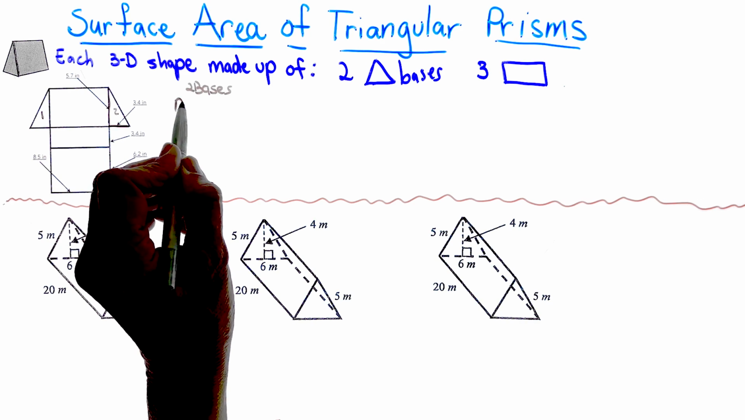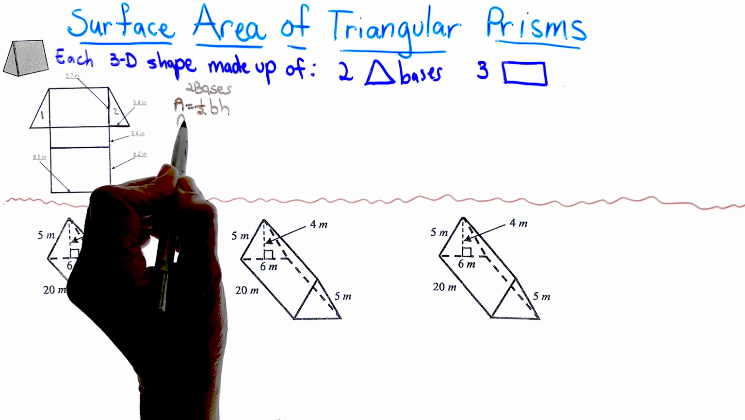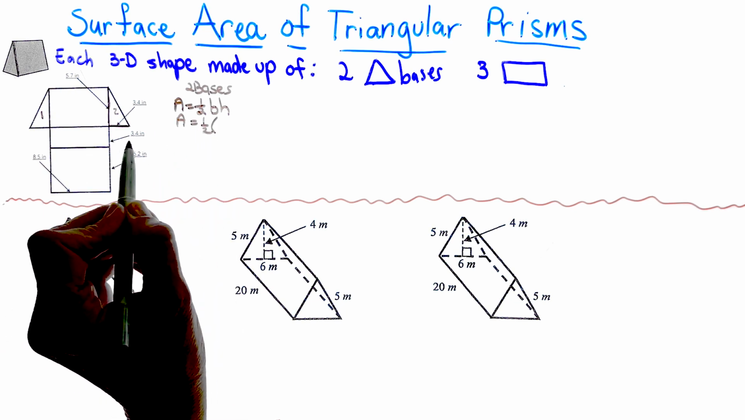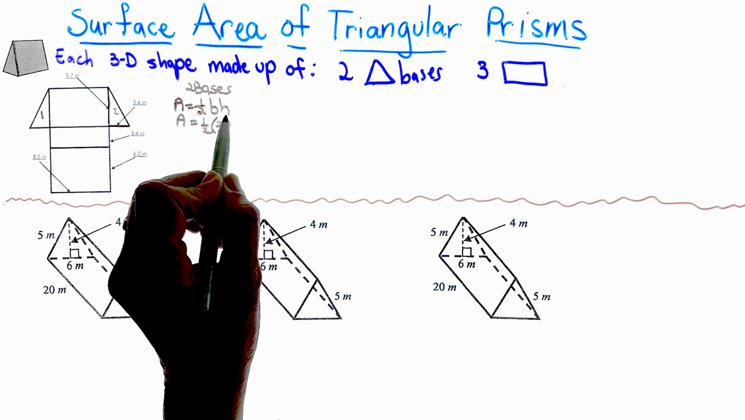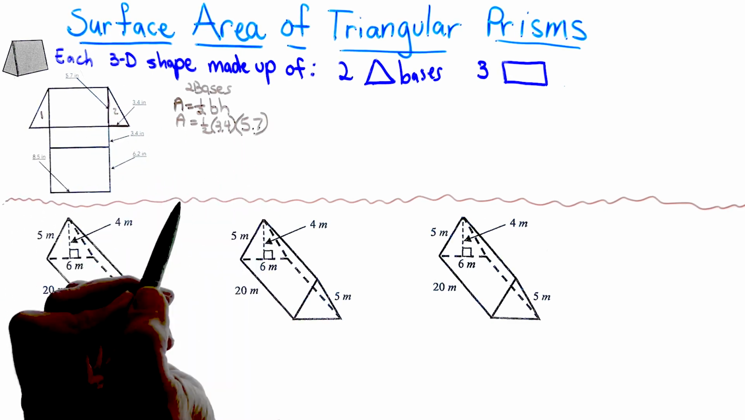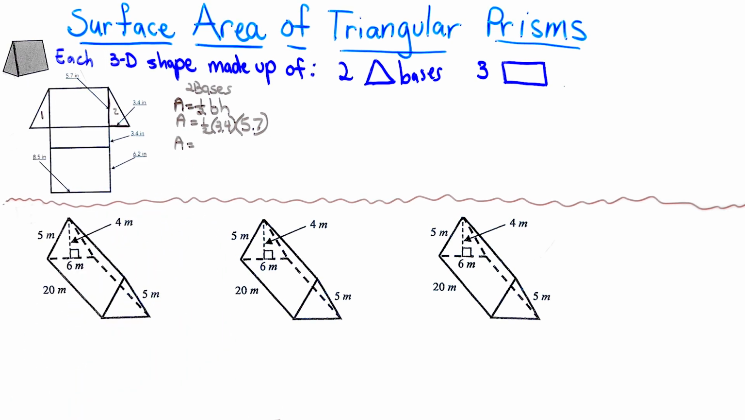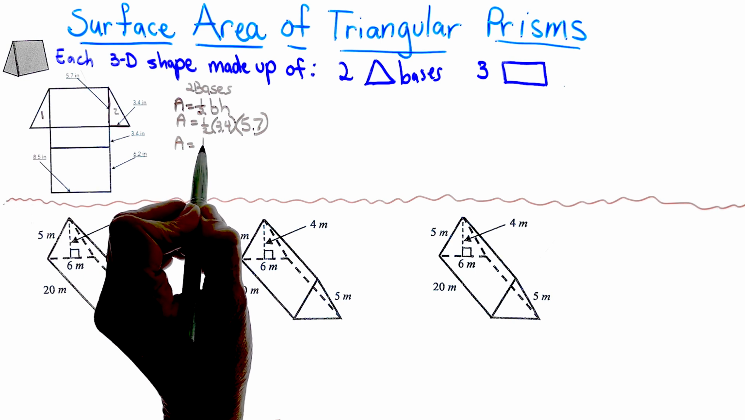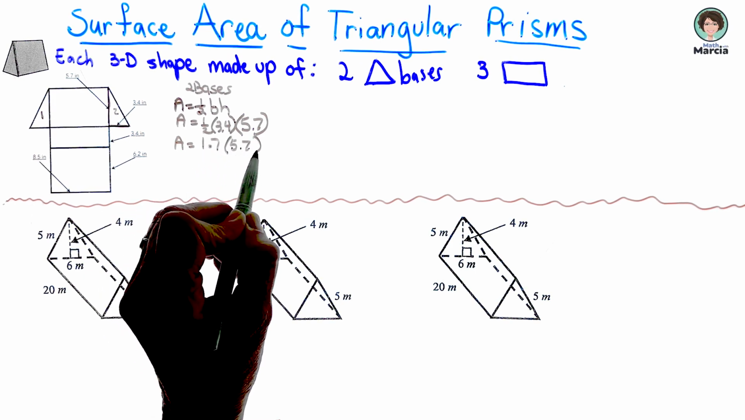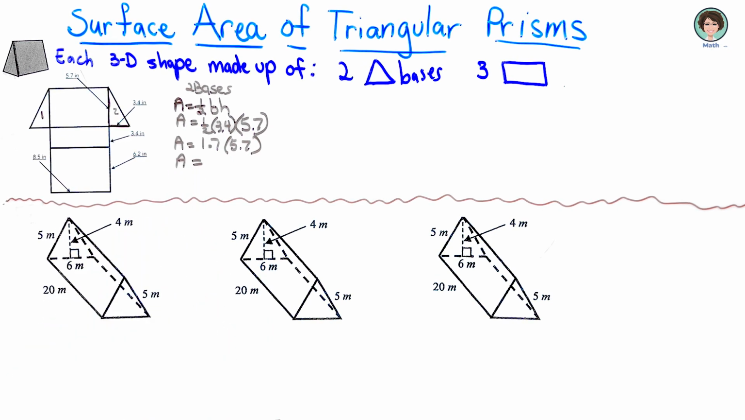So let's start off with the formula. Area is equal to 1/2 base times height. Area is equal to 1/2 of 3.4 times our height, which was 5.7. So we're going to do 1/2 of 3.4, which is 1.7. We're going to multiply that by 5.7. And so our area is going to be equal to